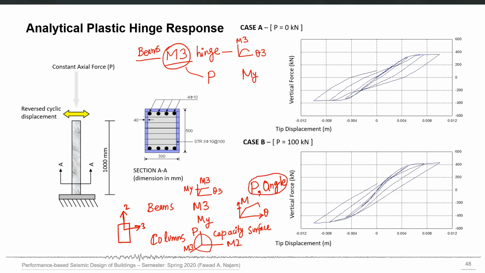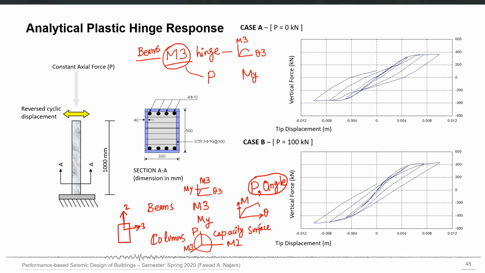One is the level of applied loading on that column, and second is the angle, or you can say the neutral axis angle. So that angle will also affect the M theta curve.